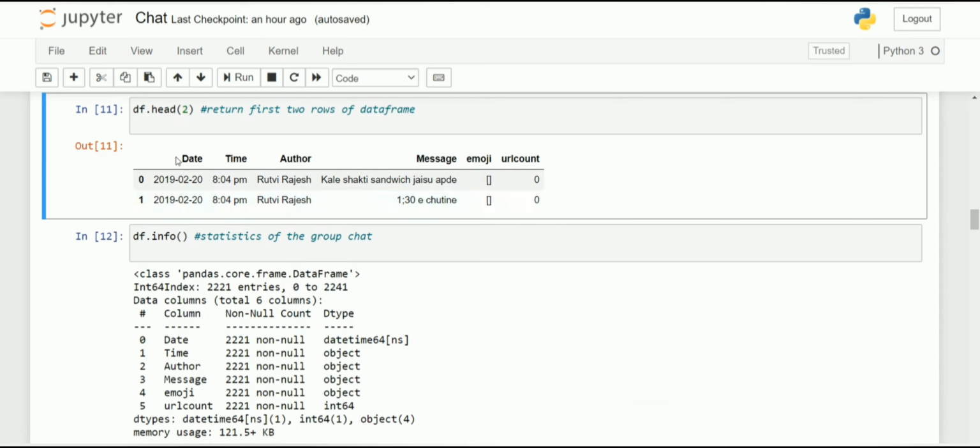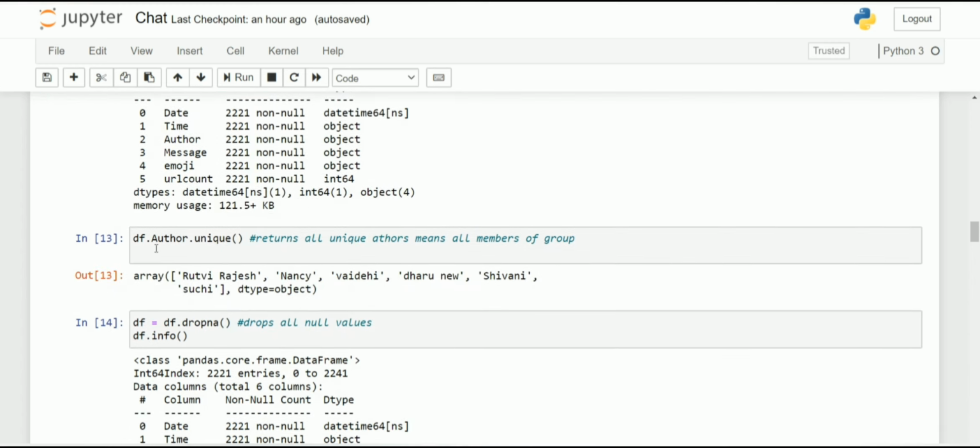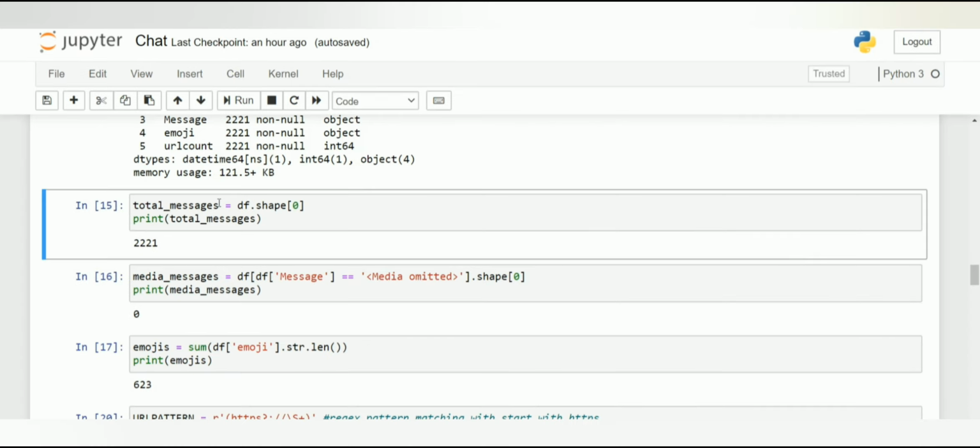You can see that the columns are date, time, author, message, emoji and URL count. df.info will return all the statistics of our group chat. df.author.unique will return all unique authors, meaning all the names of group members of our group. df.dropna will drop all the null values, and you can see total messages by df.shape. It will return the number of messages stored in our data frame.